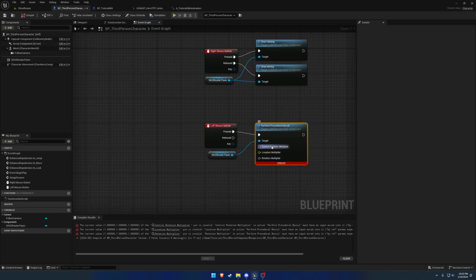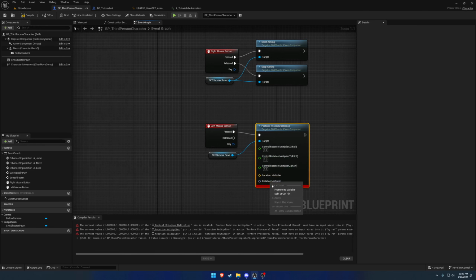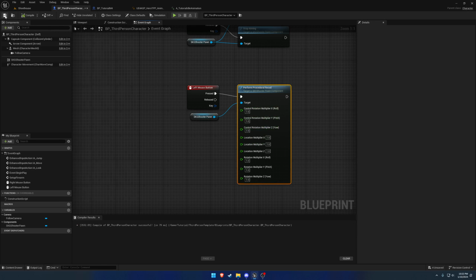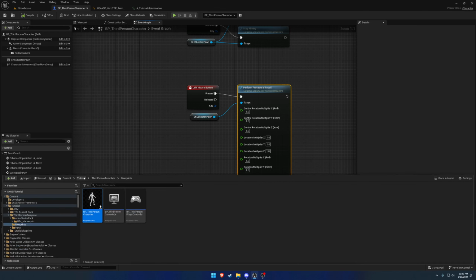Now we have multipliers. By default, they're all going to be 1. So you can just pass in your own. But this basically amplifies or reduces the recoil, so you can do it on a per firearm basis. But with just the, I did not mean to close that. With just the control rotation set up,